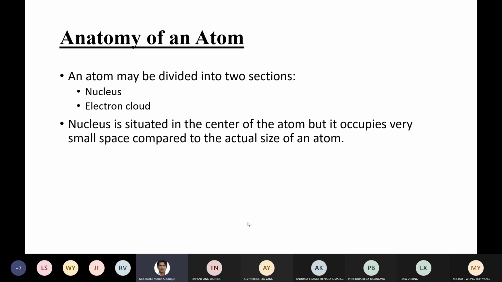They do not carry any charge, they only have weight. On the outer side are the electron clouds, where the electrons are situated, and they are constantly moving. Electrons are negatively charged, and we call this region the electron cloud,